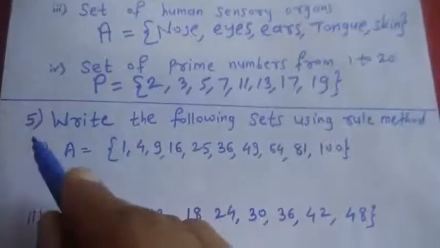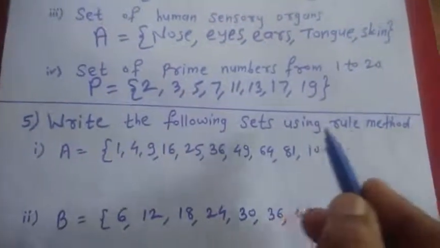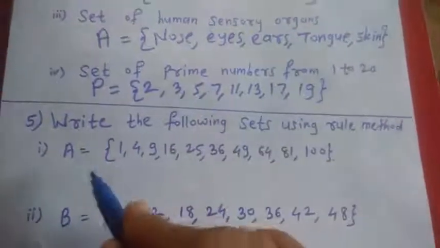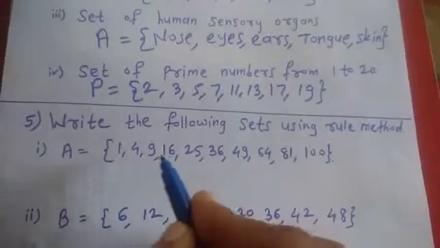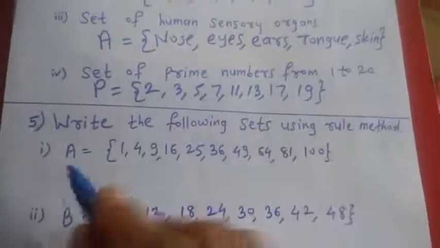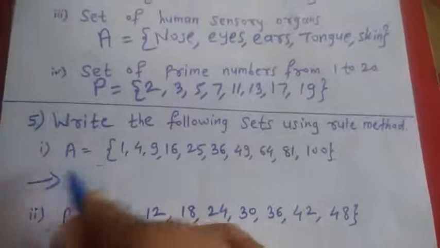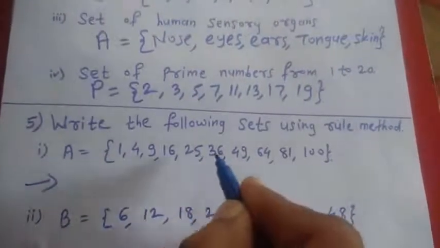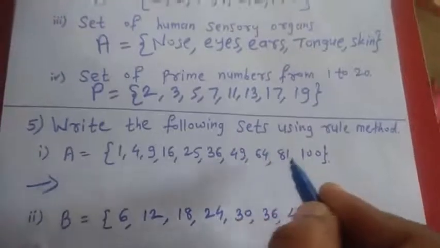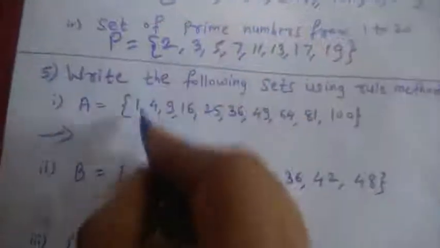Fifth question. Write the following sets using rule method. Now we are given sets in listing method. We have to identify the property and write these sets by using rule method. So first set is A is equal to 1, 4, 9, 16, 25, 36, 49, 64, 81, 100. So A is equal to